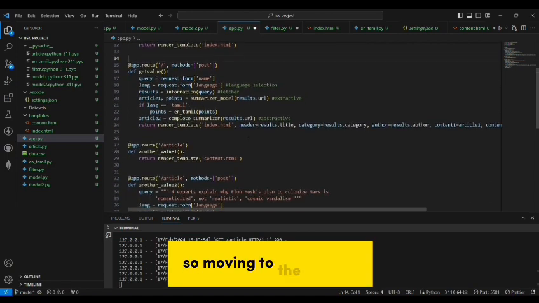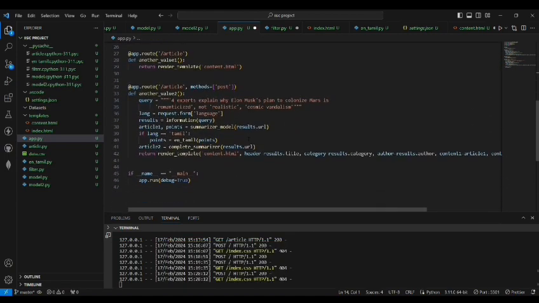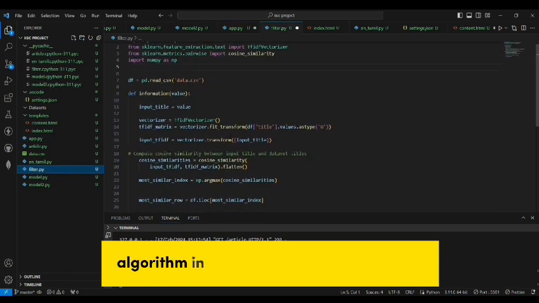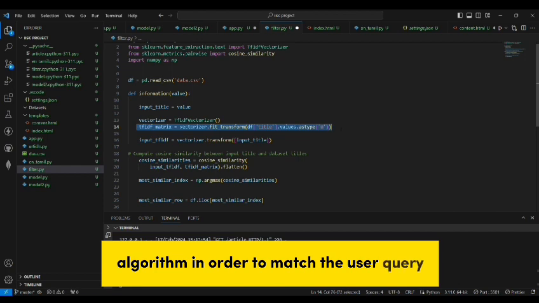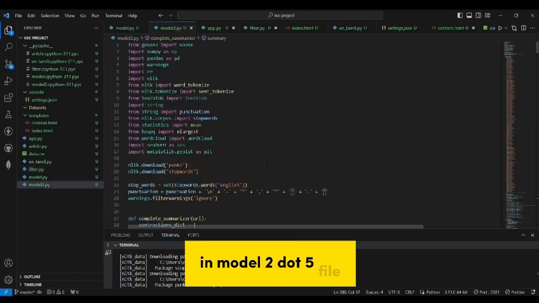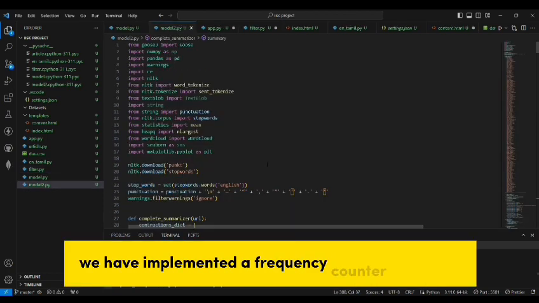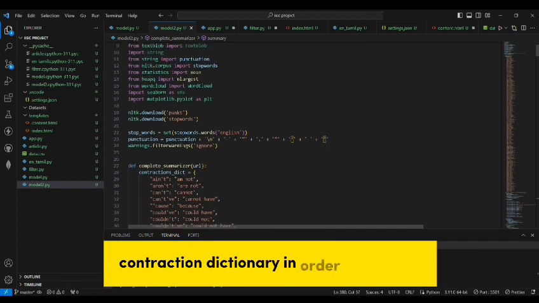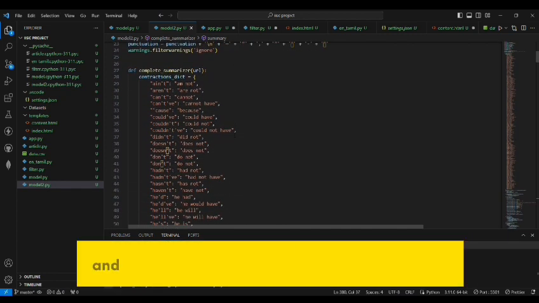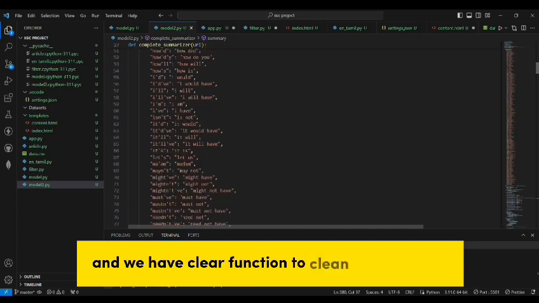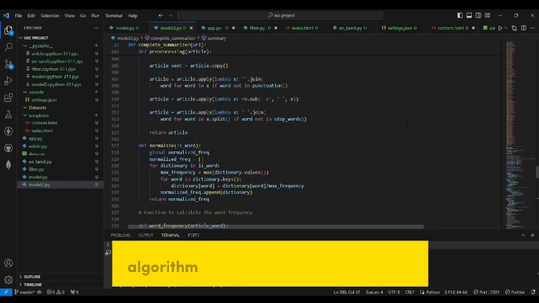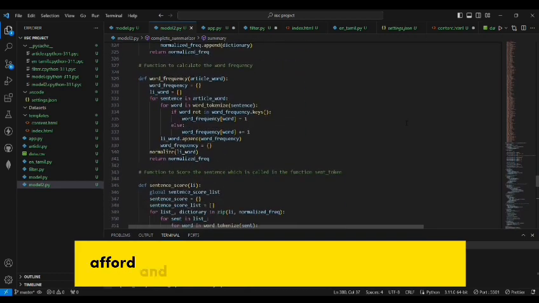Moving to the filter.py file, where we have developed a cosine similarity algorithm in order to match the user query. In the model2.py file, we have implemented a frequency counter algorithm. We have used a contraction dictionary in order to map the shortcut keys, and we have a function to clean the HTML file, and we have used the frequency counter algorithm in order to count the frequency of words, and word cloud in